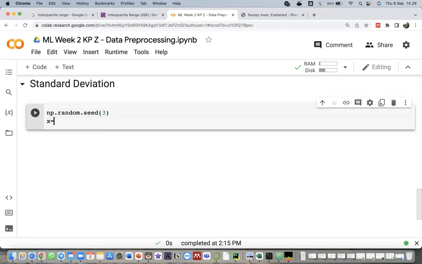Then x equals 5 plus 2 times np.random.randn with 1000 samples. Here we have the letter n, randn. randn means the distribution of our random variable is Gaussian, or normal, because we use randn.